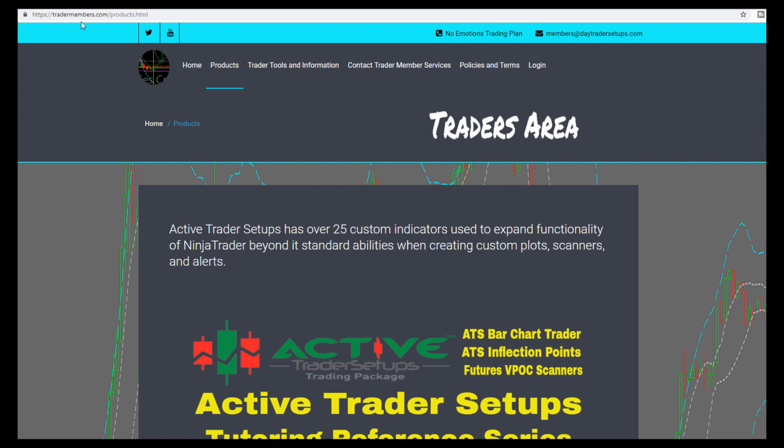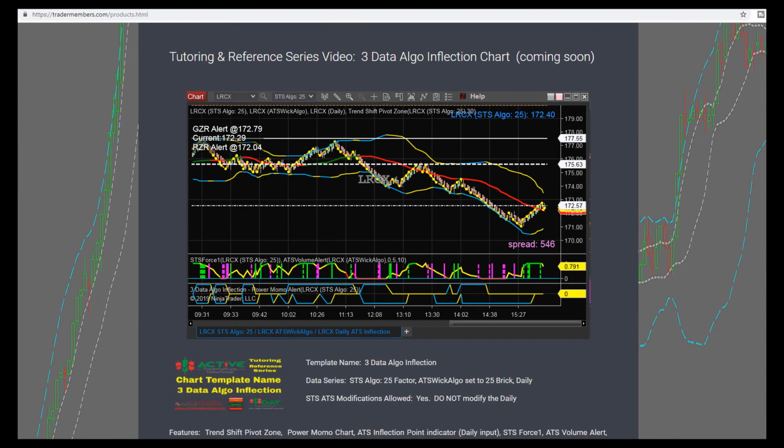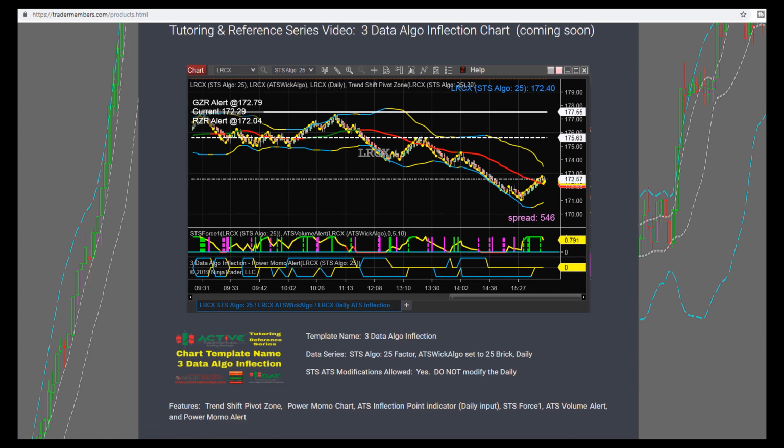So you go to tradermembers.com, click on the Products tab, and we have the page set up for our members, as well as open to the public if you want to learn more about our charts. We have each chart outlined, each template. We have a different section for the futures charts, and we're taking each chart one at a time and showing all the indicators that are on the chart, telling a little bit about what they tell you, showing you where the scanners are located to scan for the inflection points that are shown on these charts, as well as at the very end of each of these